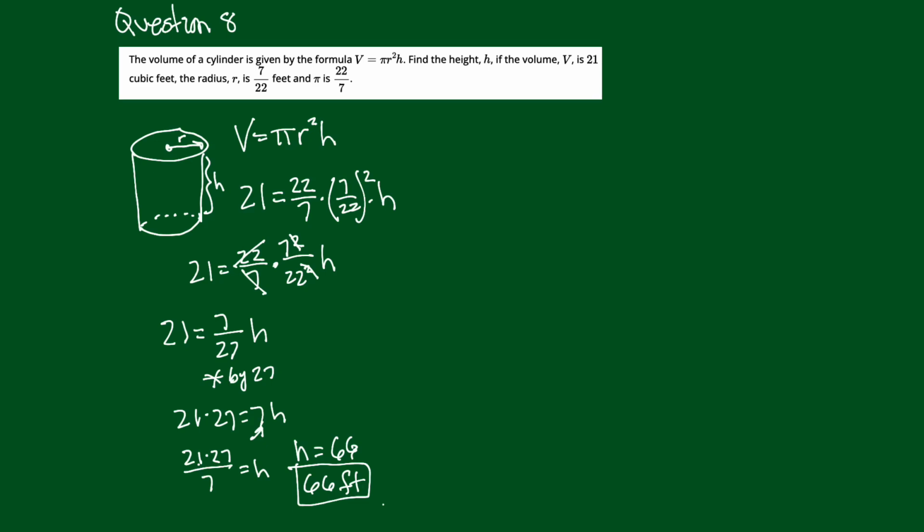Now, you may prefer to do it this way here. I'll just go up here and write what I have so far. I'm going to come down and write it here, in case you don't like this, because we haven't really gotten to it yet. I'm going to write 21 is